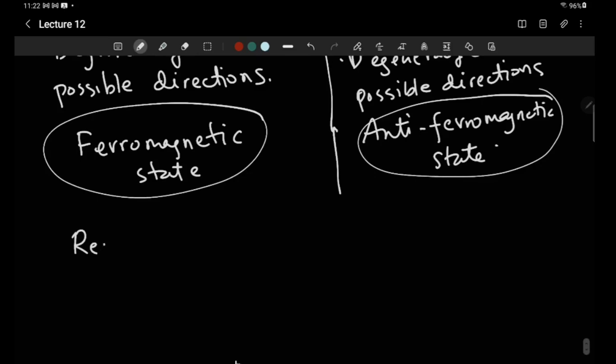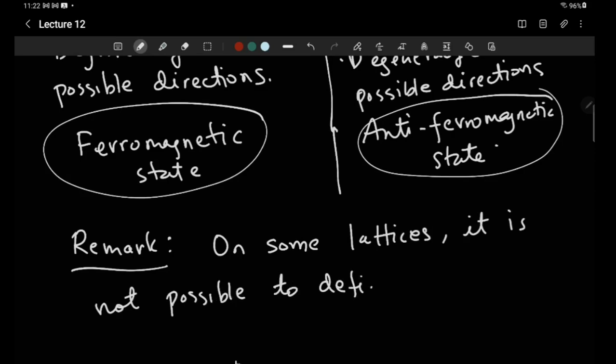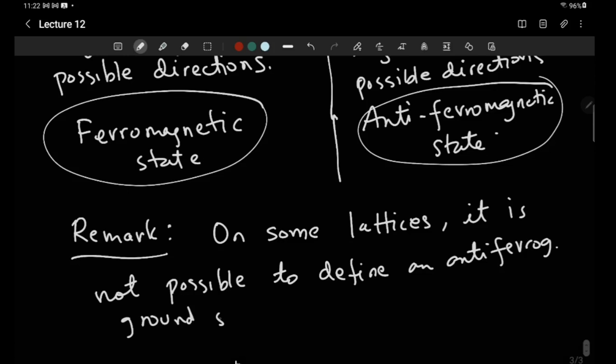Okay, so I'll just make a remark: on some lattices it is not possible to define an anti-ferromagnetic ground state. So how would we start? You will pick one site and say that it has to be aligned in some way. You fix that, that's arbitrary. Now that takes care of the degeneracy. Then you look at all its nearest neighbors, and you make them anti-aligned. So you would think you're done, but it could be that in that lattice, two of those spins, which are nearest neighbors of your atom, are also nearest neighbors to each other, but then they will be parallel. So in these systems there is frustration,